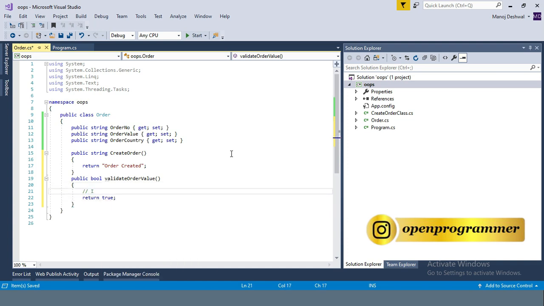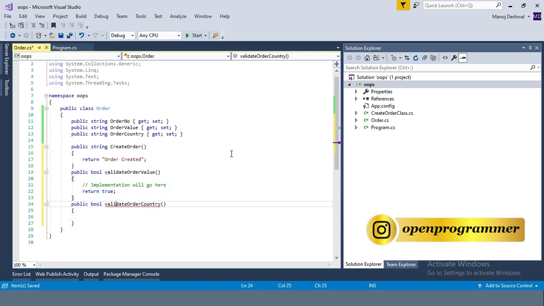The main implementation will go here. Let me also create another function like public bool validate order country. Now also let me copy these two lines over here. So till now we have an order class which is containing three properties and three functions.